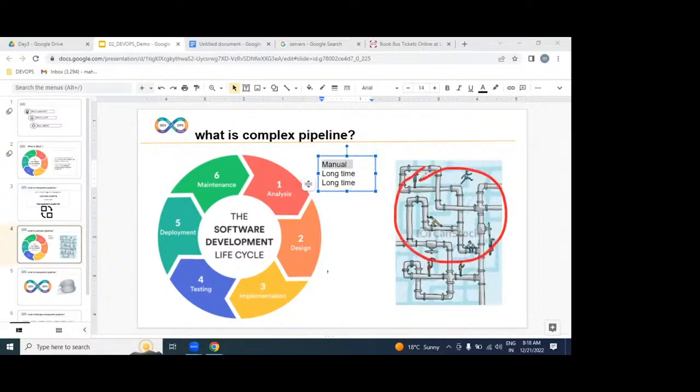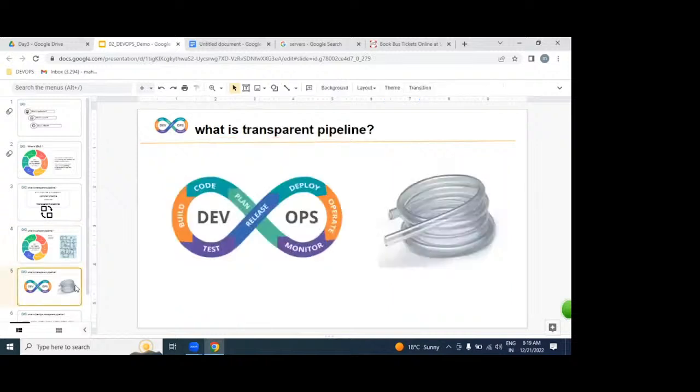Example, this is a water pipeline. This water pipeline is underground. If there is a blockage somewhere, can we find it immediately? We can't find it immediately. Am I right or not? And after finding also, it will take a couple of weeks to rectify this problem. The same way our SDLC also. But what we are expecting is, please, a transparent pipeline.